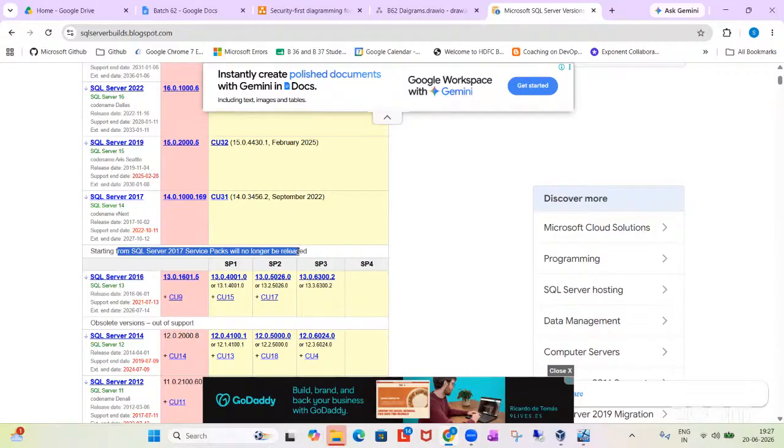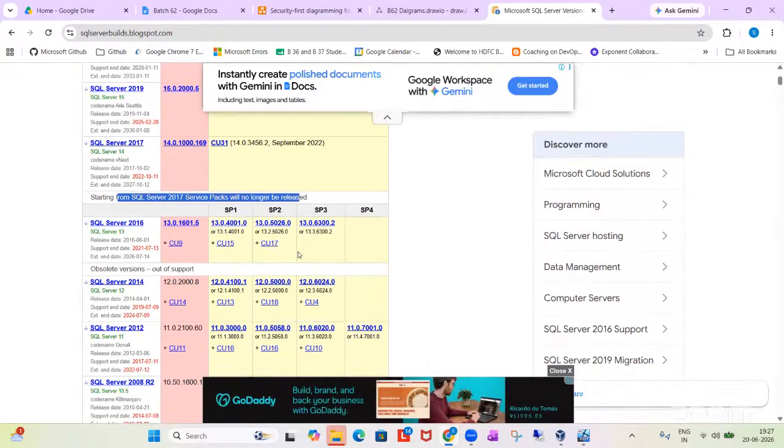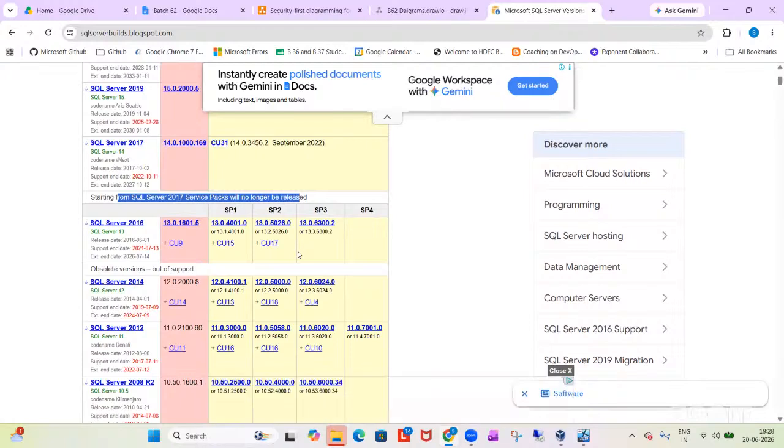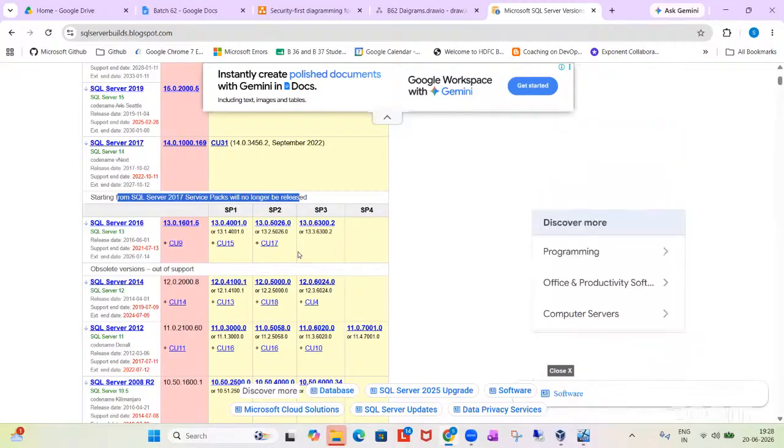Why have two different types of updates? So they stopped releasing the service packs. But you should know this service pack concept because we will support the older versions also in the project, right? What if we have SQL Server 2016 or 2014 in our project? Then you have to definitely patch with the latest service pack only. So now if you see here,